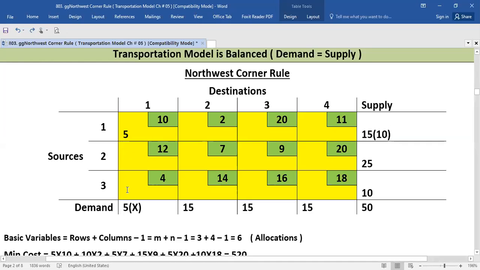Whenever you see in a row or column that there are the same values, you will put a cross in front of this value. So this was the main point I was making you understand. The first step was allocation. The allocation was made. After seeing that 5 was minimum, you put 5 over here in the first cell.